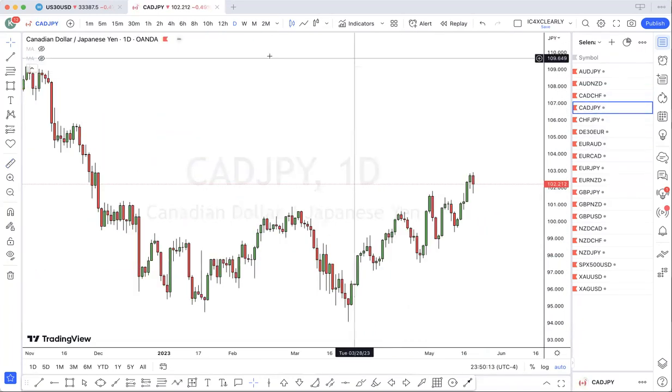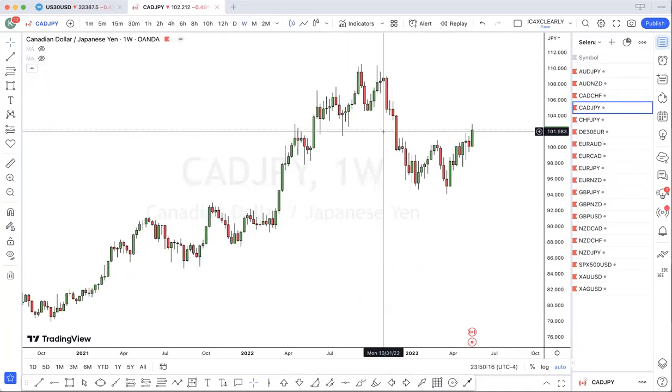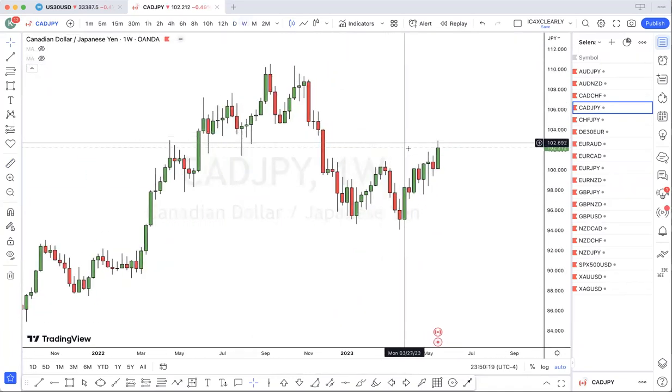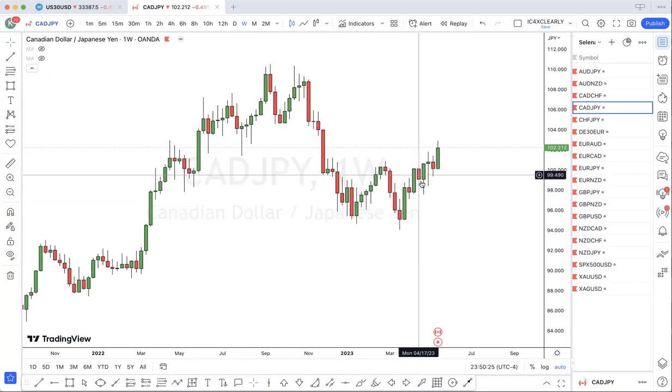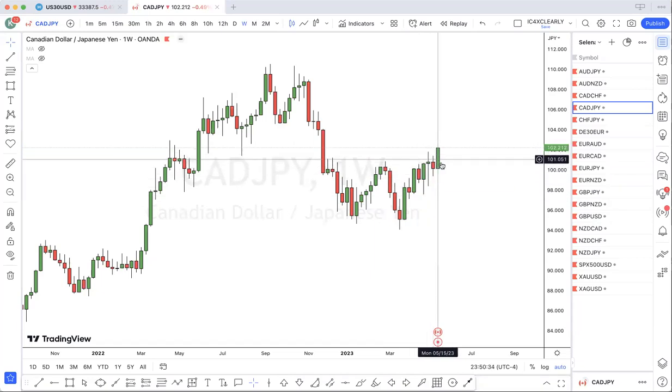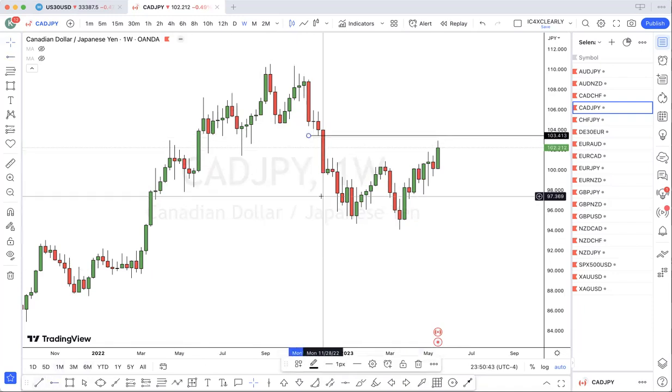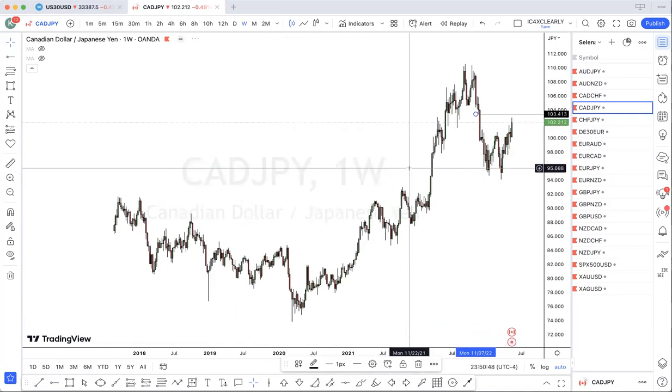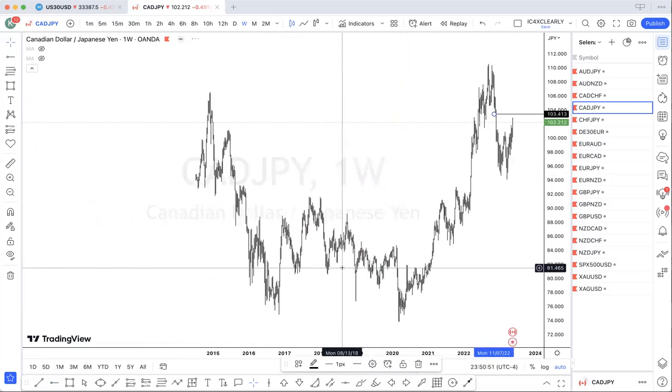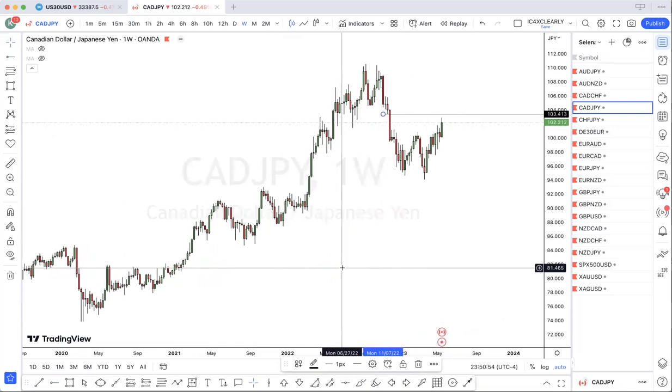Okay. Next, we have CAD JPY, which is a bullish order block. So we had a bullish order block, a bullish order block, a bullish order block, then a bearish order block, which was probably just a correction. And then we have another bullish order block. I would say price is going to at least pull back to fill this imbalance. And although overall price is bullish,